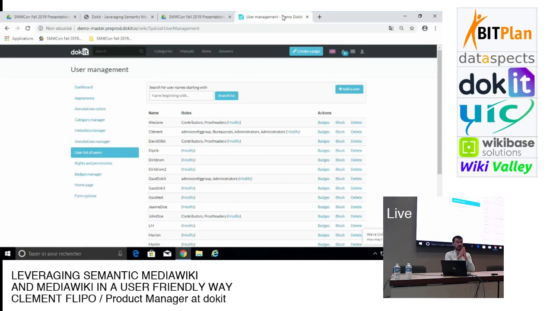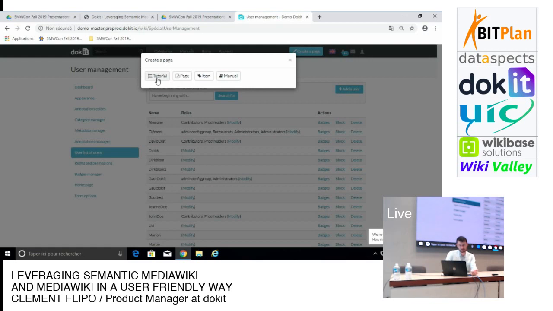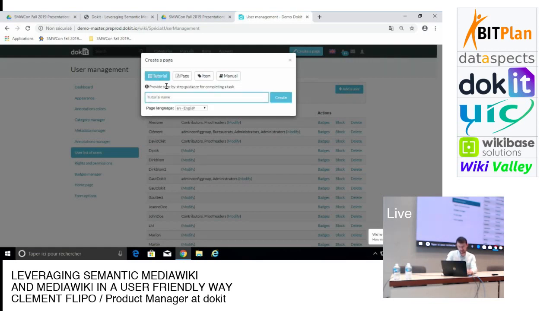When you are not familiar with wikis and you still want to use the power of Semantic MediaWiki, you want to create your properties and add them into your pages. So for that we use Page Forms. So just a small introduction of Page Forms. When you create a page on Dokit,